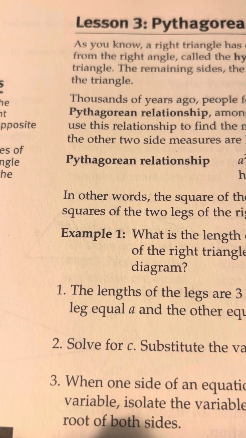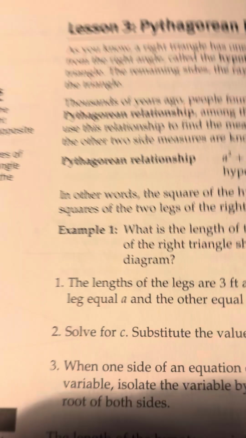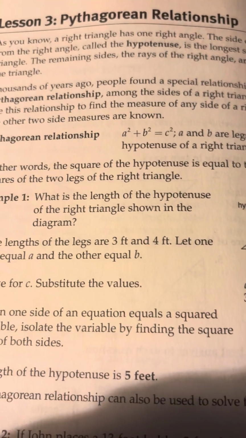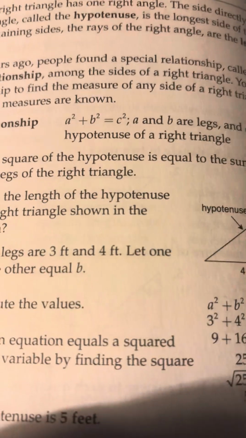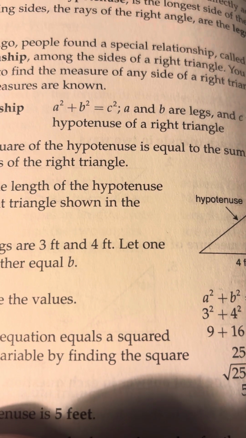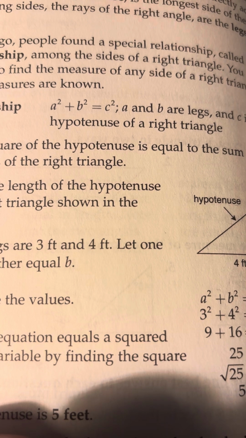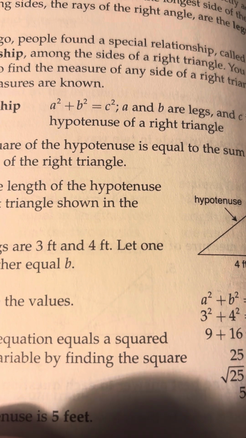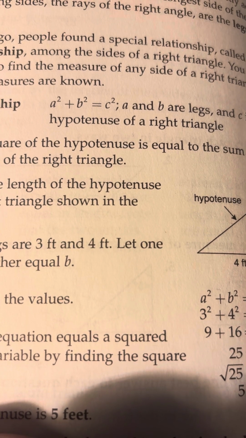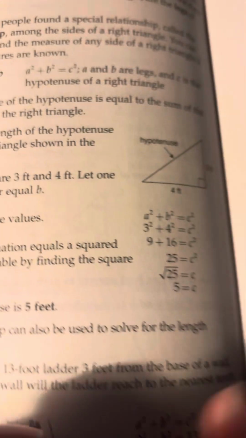Okay, so I am looking at page 392, the Pythagorean relationship. The big thing about that is you have to remember that a squared plus b squared equals c squared. A and b are interchangeable. It doesn't matter where they go, but c is the hypotenuse, and it is across from the right triangle. So if I'm looking at example 1,